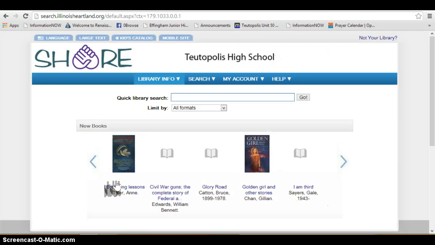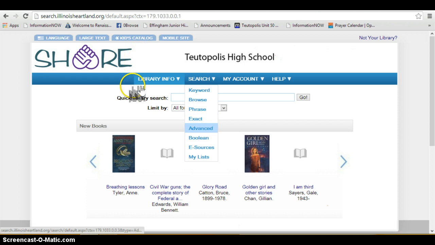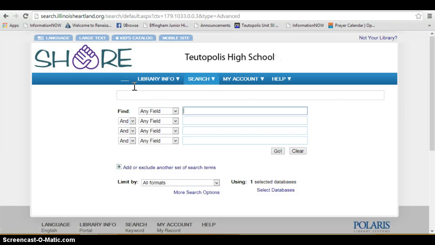Okay, and once you get to the share page, this is where we start searching for any books or sources that we'd like to use from our own library or from libraries that we share with. And I'm going to go to the search link at the top because you know me and I like to do advanced searches. So I click on advanced,